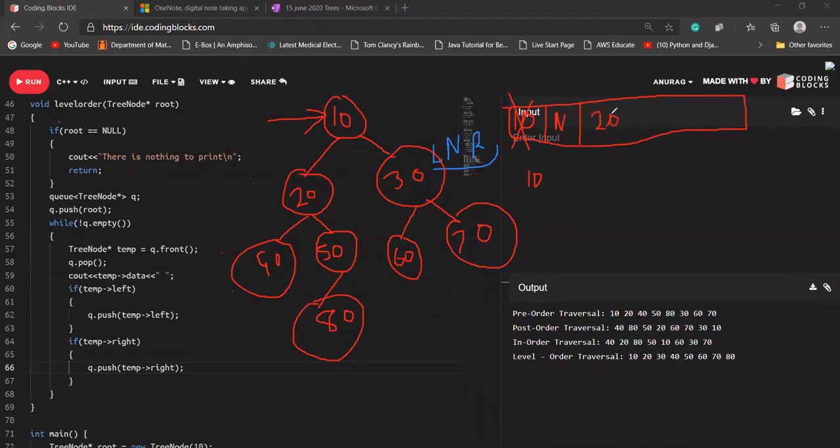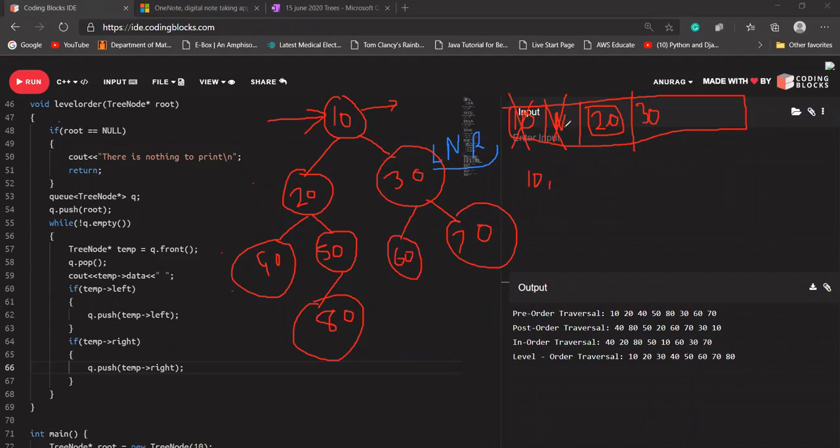The nodes are 20 and 30. Now 10 has been printed. When a null comes into our queue, I'm going to change the line, because the level has changed.